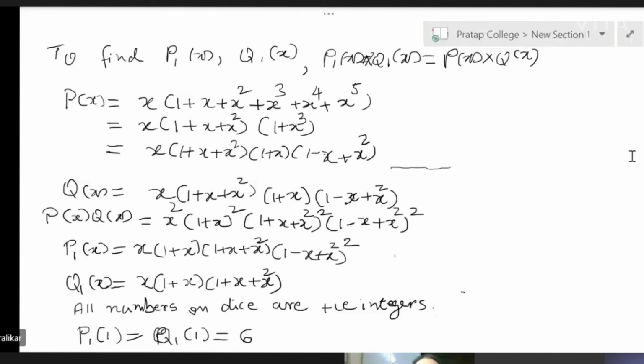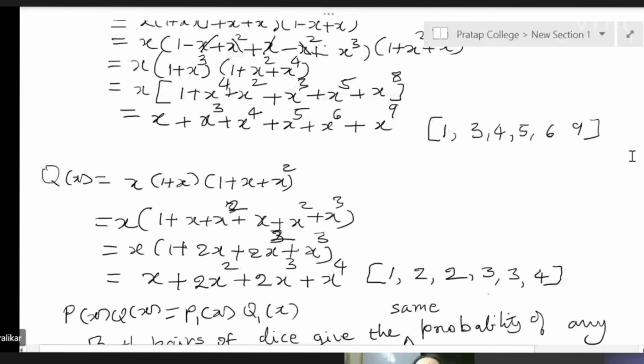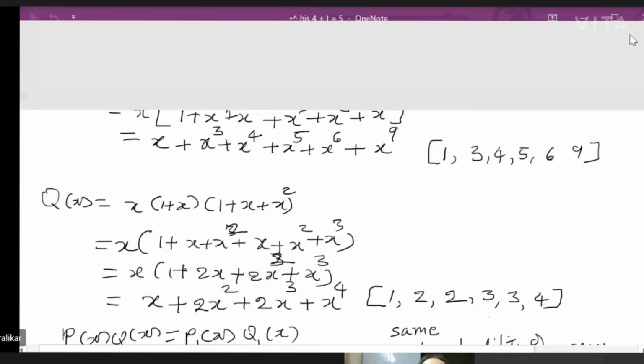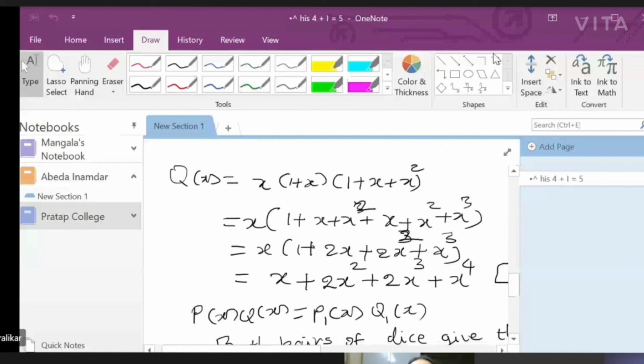Yes. I might have made a mistake there. Let me check. Then in my product, I must have made a mistake. No, you are right. It is 7. See, I'll have to get my eraser again. See, that 8 has changed into 7. X raised to 3 into x raised to 4 is x raised to 7. That was another silly mistake. Okay. I will correct from my end. Thank you for telling me, because that was a really silly mistake. I'm happy that you are noticing. I'm really happy about that.